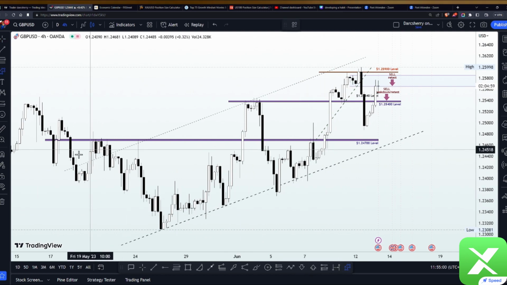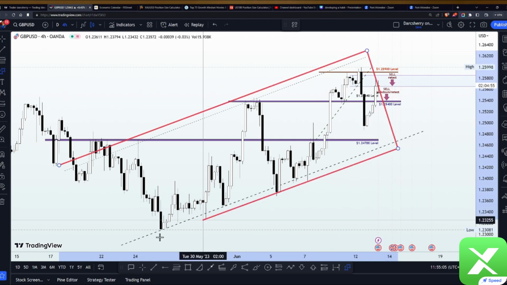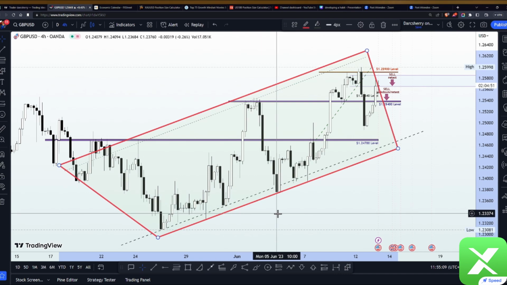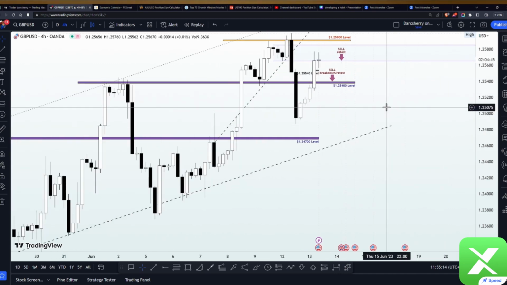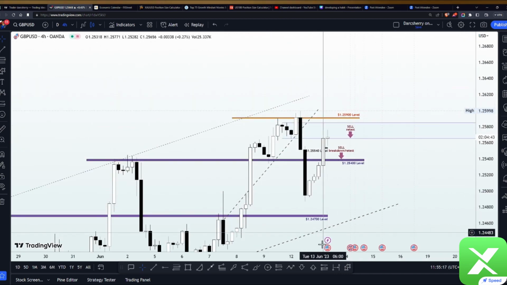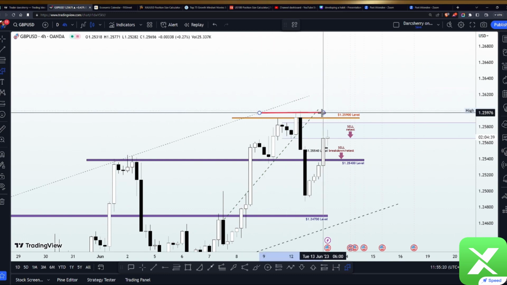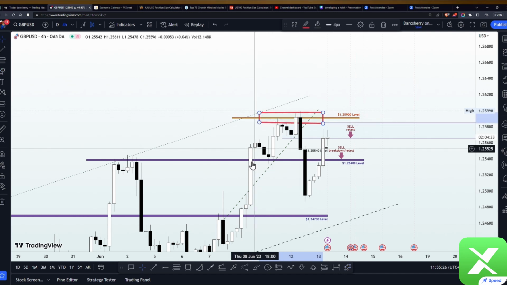So when we connected a series of higher highs and higher lows, we had this bullish trend, this ascending channel figured out. As you can see, price action has consistently respected it. Then we saw our price culminated at the 1.25900 level last week, and we saw that as soon as price action got into this area during the course of last week's trading session, we began to see sell pressure resume